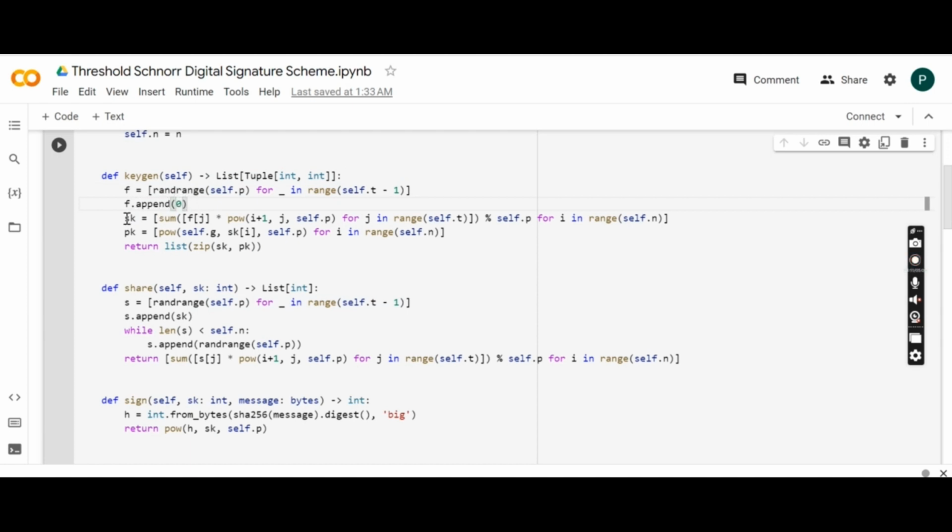Next, it calculates the secret key SK and public key PK for each signer. It does this by first generating an evaluation polynomial of degree t-1 with the random coefficients f0, f1 till ft-1. Then for each signer i, it evaluates the polynomial at i plus 1 to get SKi and sets PKi to be g raised to SKi modulo p. The method then returns a list of tuples where the first element is SKi and the second element is PKi